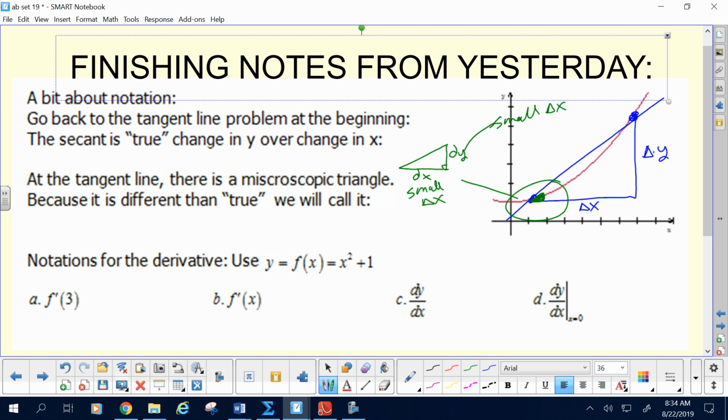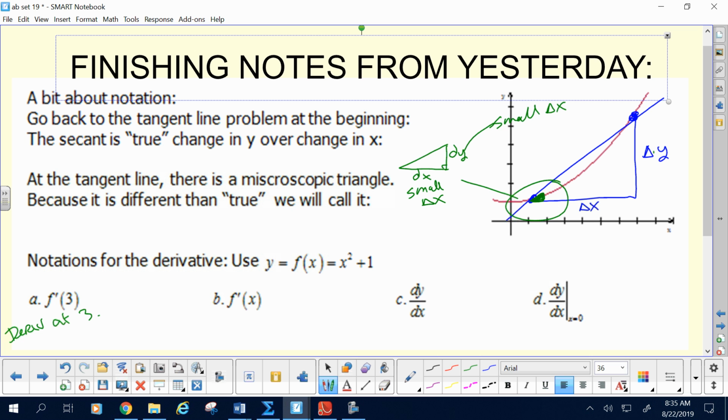So a bit of notation: you'll see mixtures in calculus. You'll see Newton's notation, which is function notation, and Leibniz notation. You need to recognize and be proficient in both and what they mean. So how is this read? F prime at 3, excellent. What does it mean? The derivative at 3. What does it mean graphically? The tangent slope at x equals 3, right? Okay, well, the instantaneous rate of change at x equals 3. They're all the same.